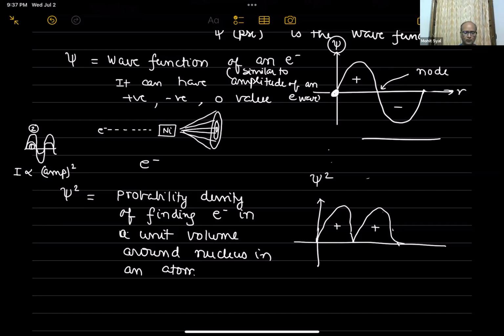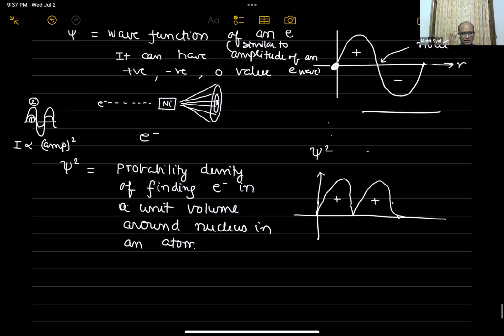Intensity is proportional to the square of the amplitude. So which light is going to be more bright, and what is the intensity? It means how much brightness it is having, how much light is present. Intensity is power per unit volume, how much energy we are getting. This is for the light rays.